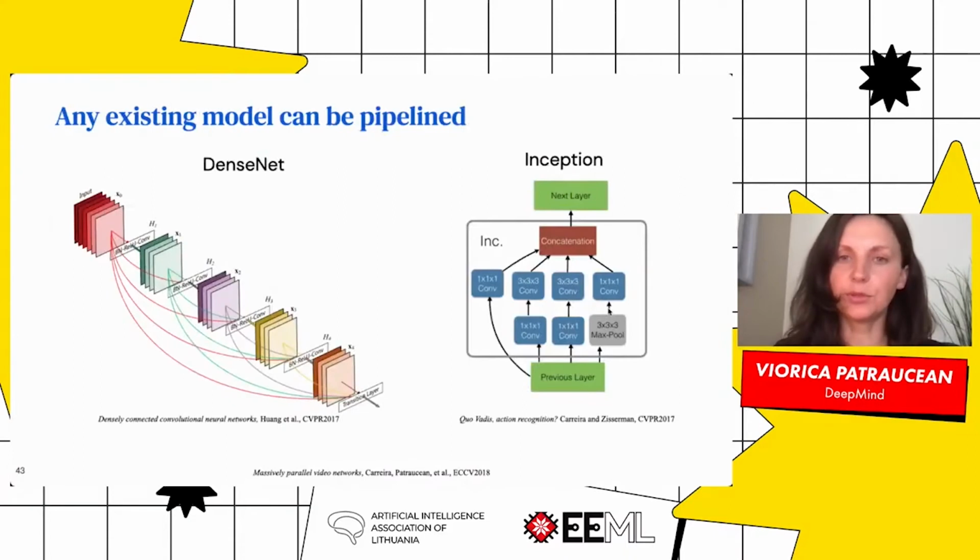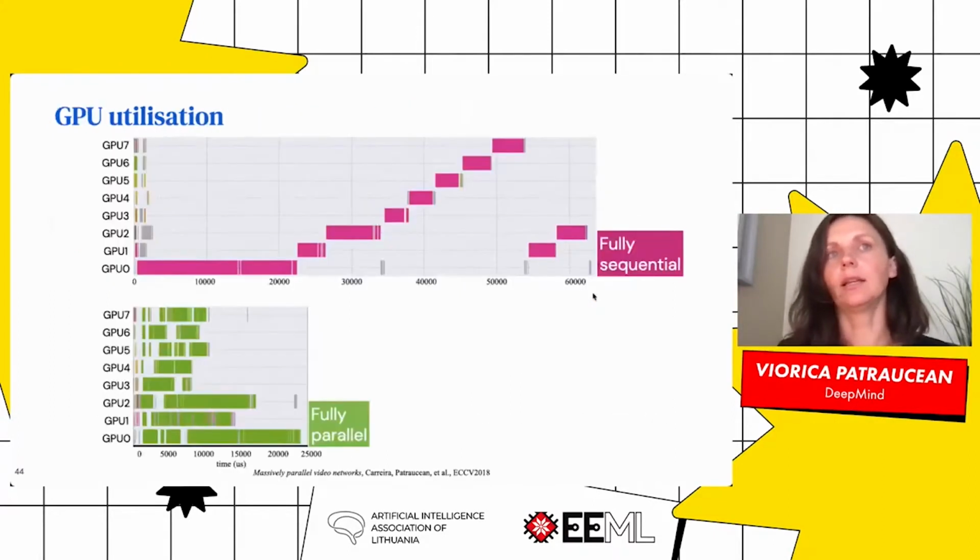And we've shown that this can learn. Even if the task becomes more difficult, this still works. We've shown that we can apply this kind of mechanism to various existing image models like DenseNet or Inception. And this is a sketch to see how the different GPUs look when we have parallel resources available.